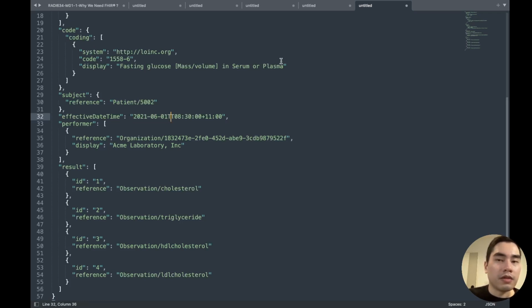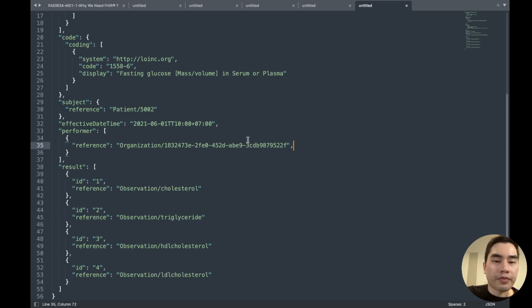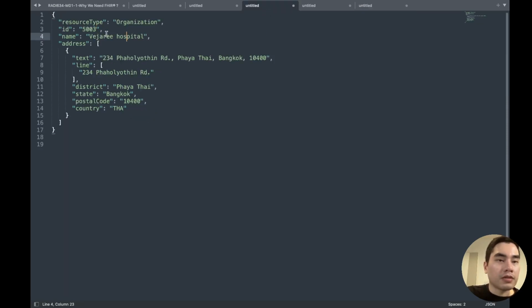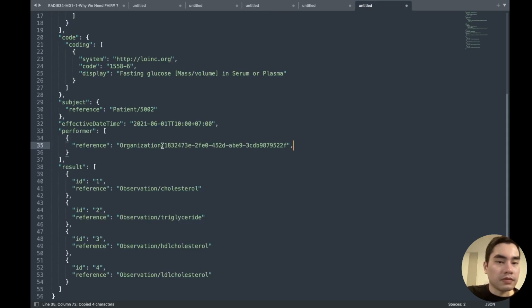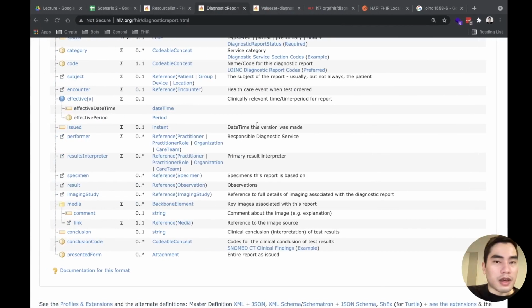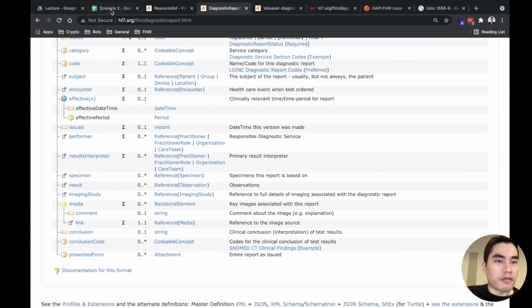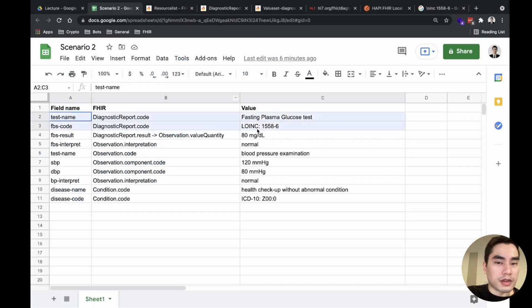So here the patient came there at 9, so maybe he got tested around 10, and Thailand is this one, time zone. Performer, we can use the hospital lab, so it's this one. And I think we have all required information for that.